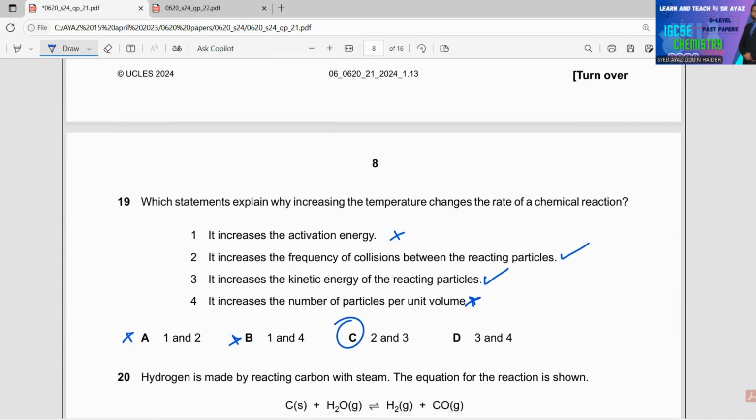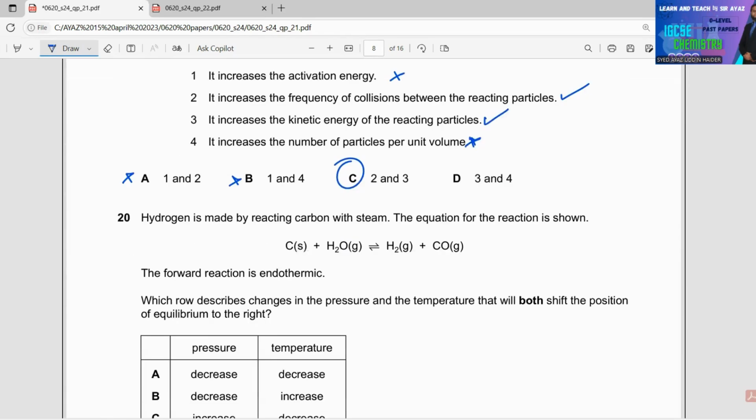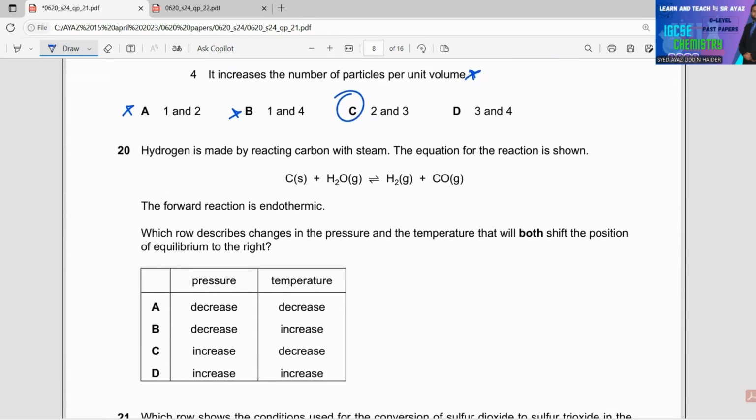Moving to the next question, it's 20. Hydrogen is made by reacting carbon with steam. The equation for the reaction is shown. C solid plus H2O gas, reversible sign, H2 gas plus CO gas. The forward reaction is endothermic. Which row describes changes in the pressure and the temperature that will both shift the position of equilibrium to the